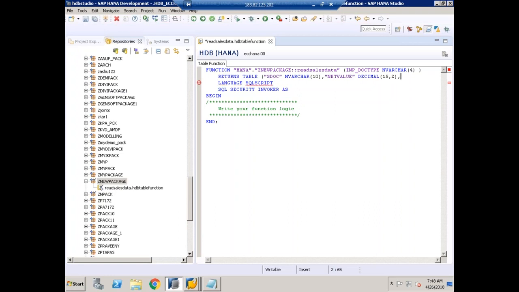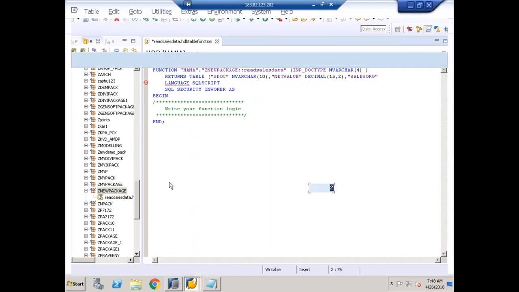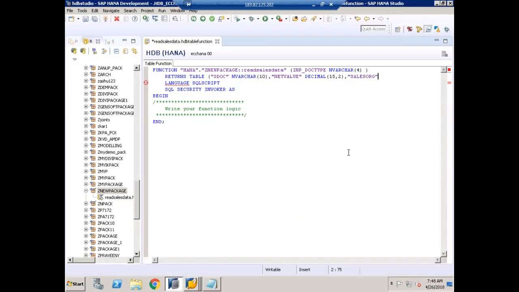Done. Next, what else do I want? I want these 2 fields. Then I want the sales organization. So I'll give the name of the field as sales org. What is the data type of the sales org here? VKORG, character of 4. So here I'll give it as